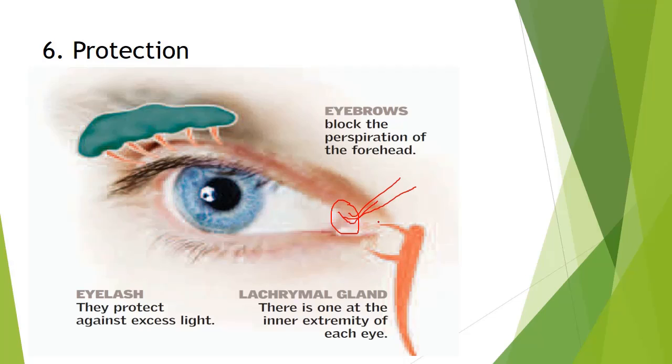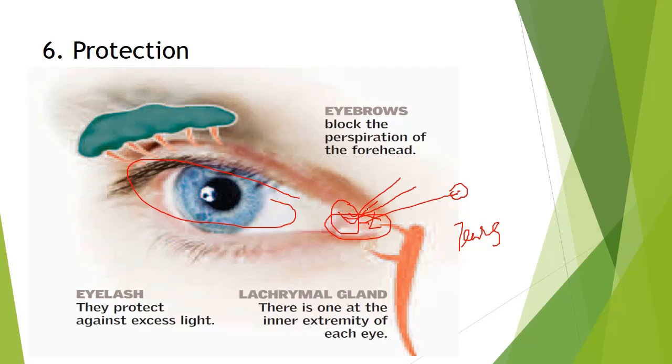Then here, you have seen it in your eye or sometimes in the mirror, there is this kind of fleshy part. Here it is, okay. This fleshy part is actually the lacrimal gland. This gland secretes tears. So the tears are secreted here. Whenever we cry, the tears are secreted from here, and then from here they are distributed in all the eye, okay.